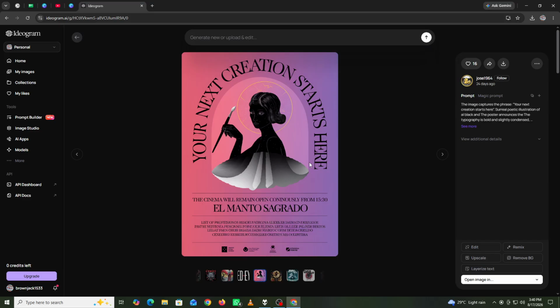You can change the typography style, background, colors, lighting, subject placement, or other visual elements. Once you find a strong design, use any available editing or remixing features to refine it. Before downloading, review the entire poster at full size and make sure the important information is readable. You can then save or download the final design and, if necessary,